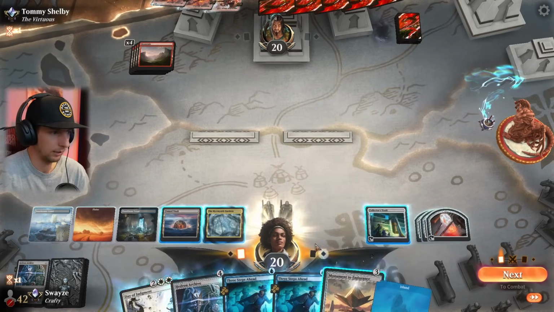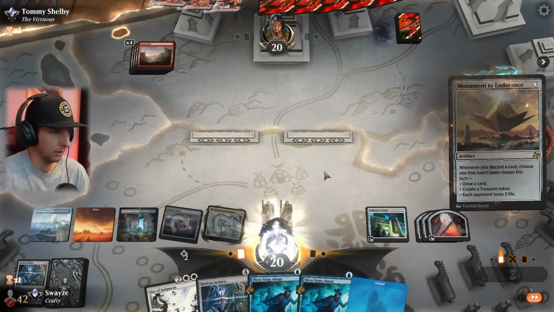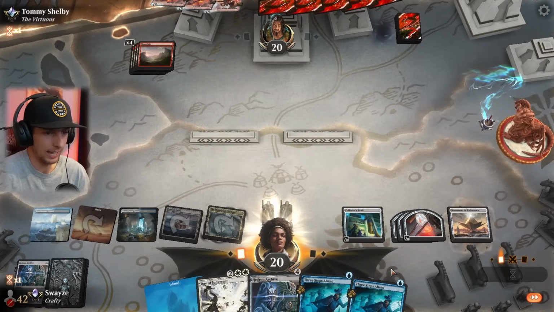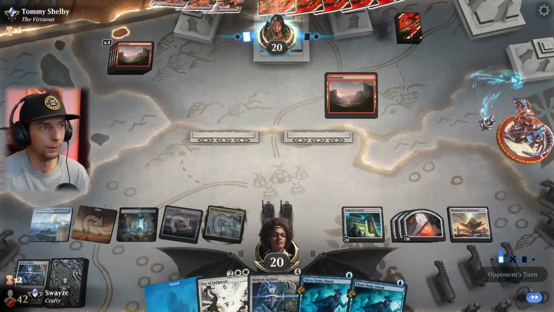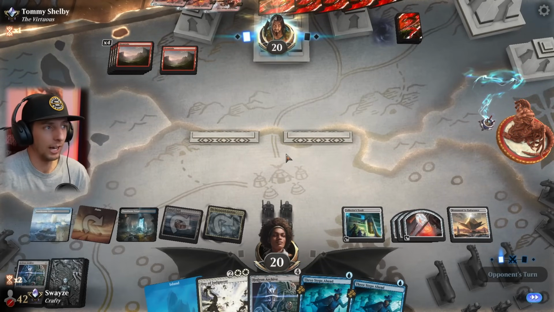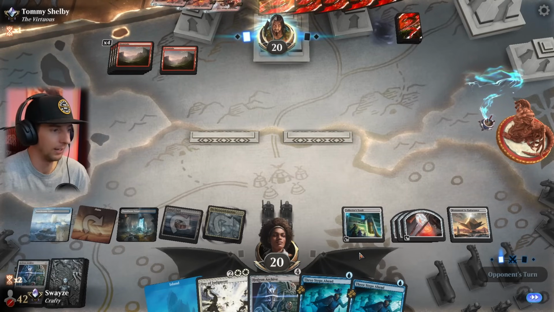I guess we just eat them alive here with the Monument until they want to make an action. Poor fella stuck between a rock and a hard place at the moment. I've got to imagine this is their only creature. That's why they're so hesitant, I would imagine, but...